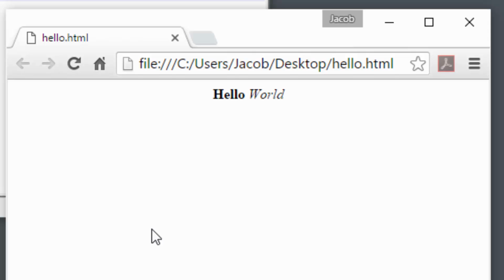And that is the basics of how to mark up your text using HTML. You'll find out later that using these tags is not recommended in most cases. This is because the center tag, bold tag, and italics tag all relate to the style of the page. And it's usually a better practice to use CSS for adding styles to text or HTML elements.